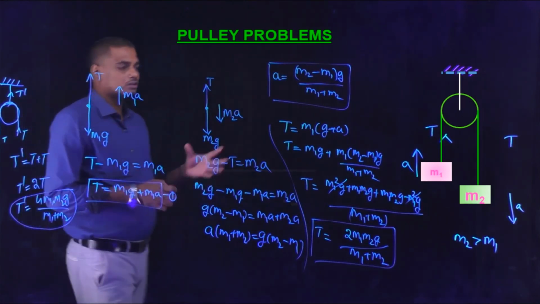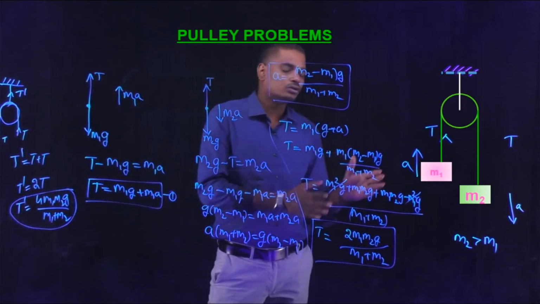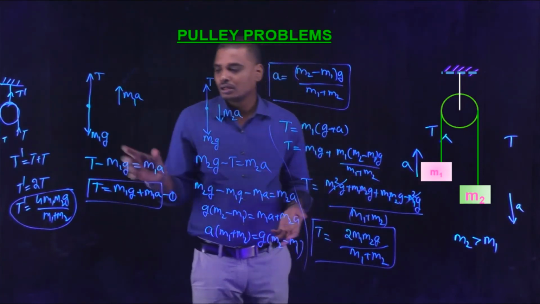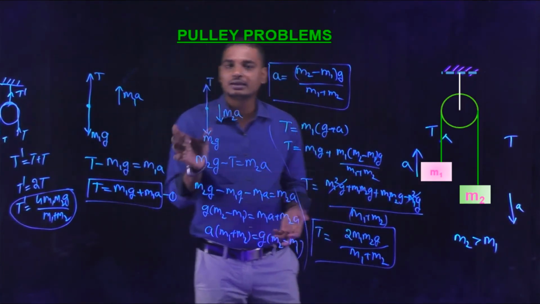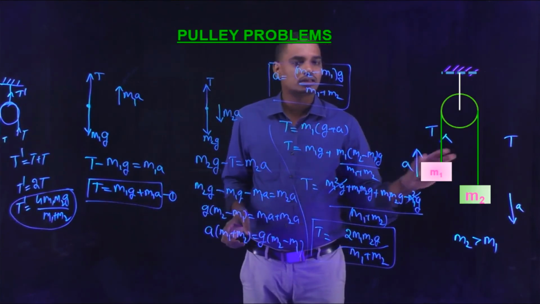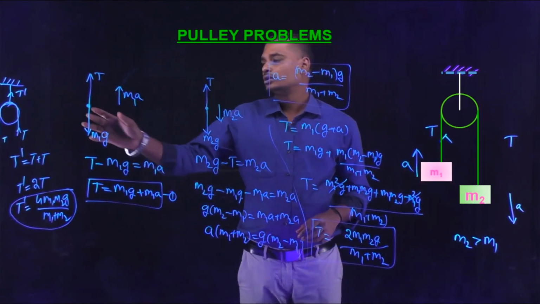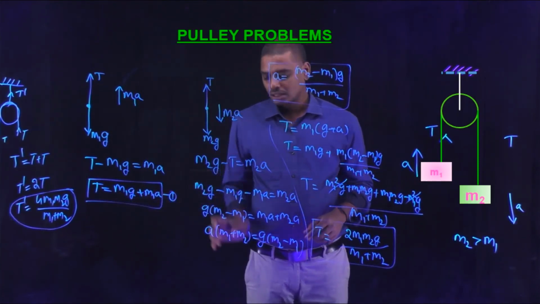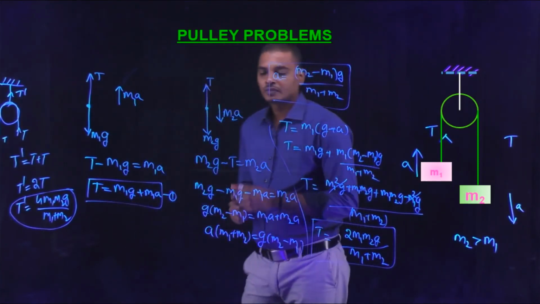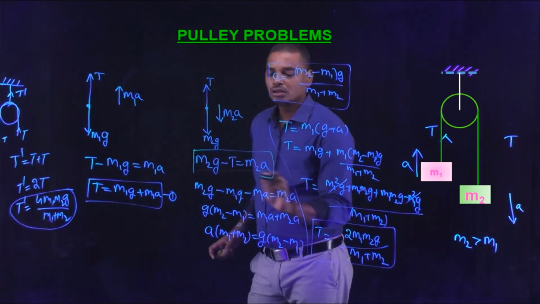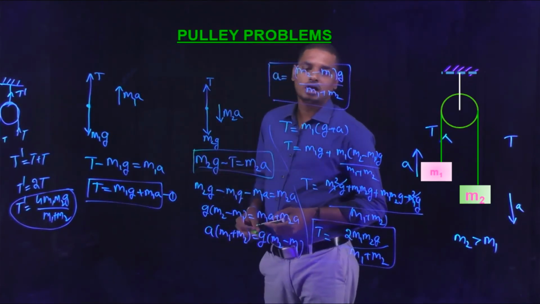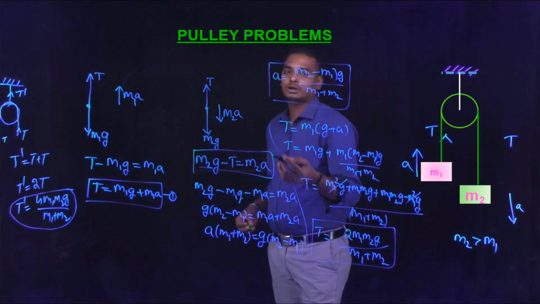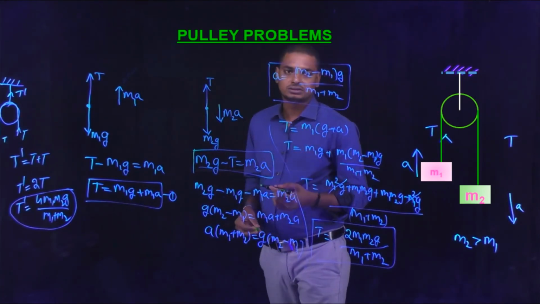How to solve pulley problems means we have to consider the masses individually. For that, I have drawn the free body diagrams for the two masses, as here there are two masses M1 and M2. So I have drawn two free body diagrams, from which I have got two expressions. From the two expressions only, we have to calculate the unknowns. Just learn how to solve the problems, not the formulas.